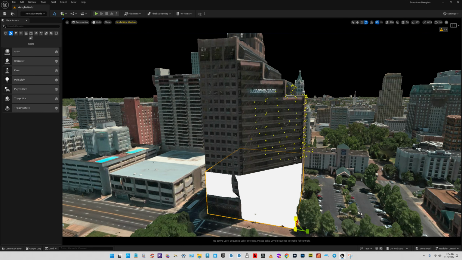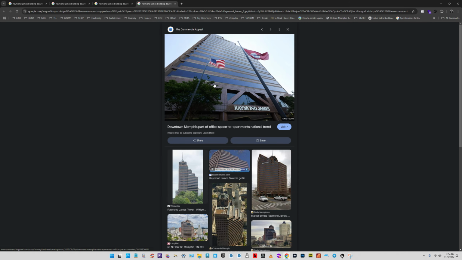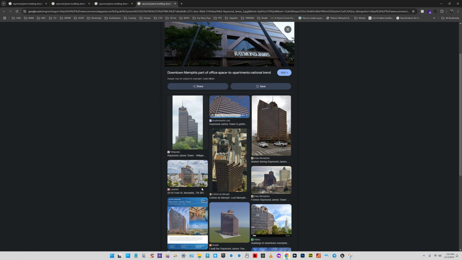Okay, so one thing that I can do instead of just pulling the cube all the way up is, I can go to Google and find some image references, which is what I'll do now. All right, so we've got this image, and usually what I'll just do is I'll download a bunch of different